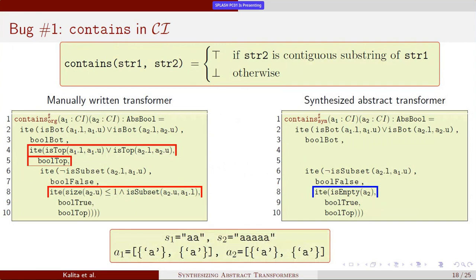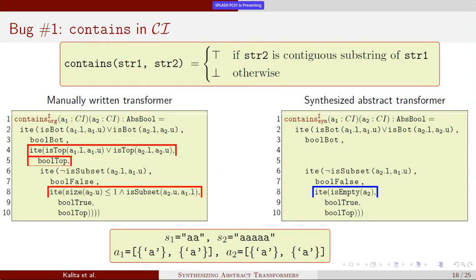Okay. Now let's see where it goes wrong. Take these 2 strings, S1 and S2, which are concrete strings, where S1 is a 2 times repetition of A and S2 is a 5 times repetition of A. Now we can say that S2 is not a part of S1, S2 isn't contained in S1 because S2 is